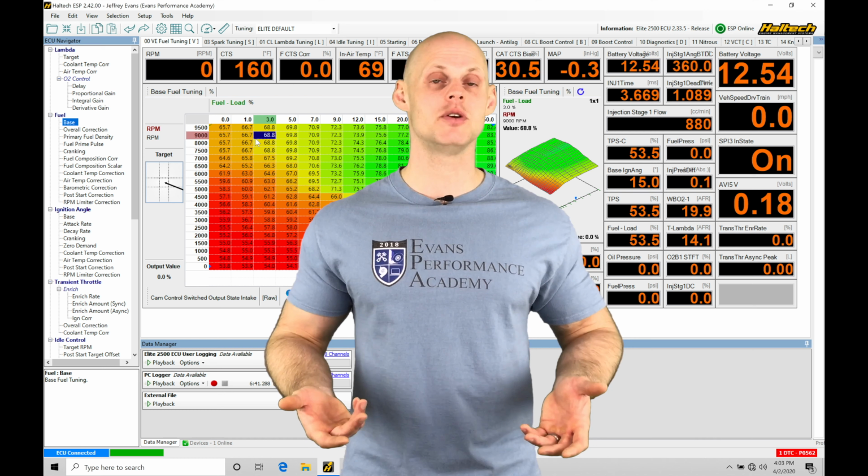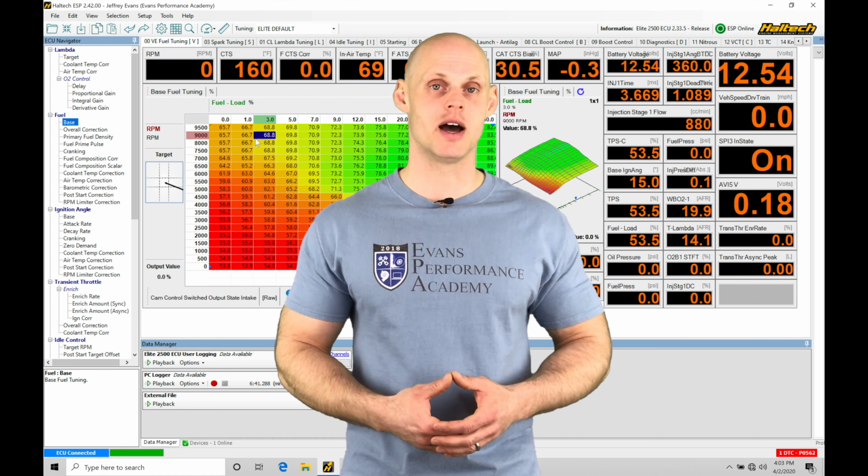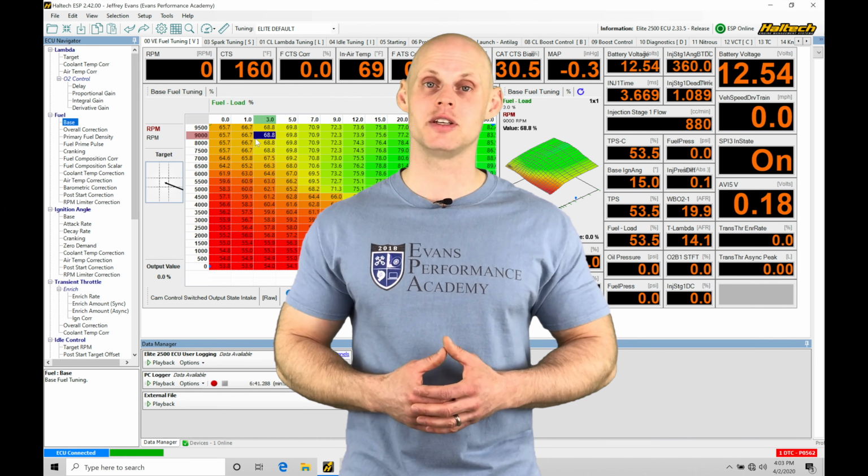a custom histogram based on the data that we're collecting right into our Haltech data log. So this is going to be a relatively seamless process, but it's going to be allowing us to populate and tune our main fuel table much quicker. This is going to be an essential tool if you're going to be doing the calibration process off a chassis dyno, but even if you're going to be using your calibration process on a dyno, it's still going to save you a lot of time. So we're going to be exploring how to do that. We're going to have a lot to learn, so let's jump into our live training session so we can get